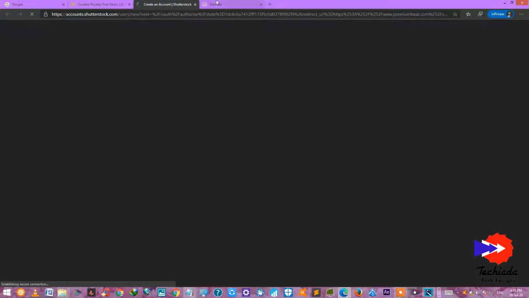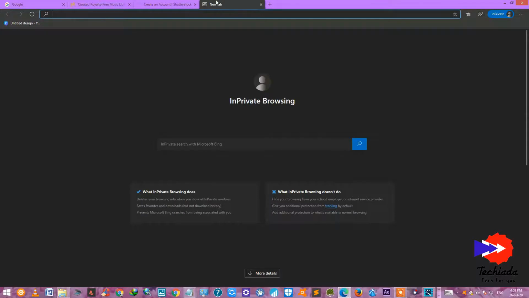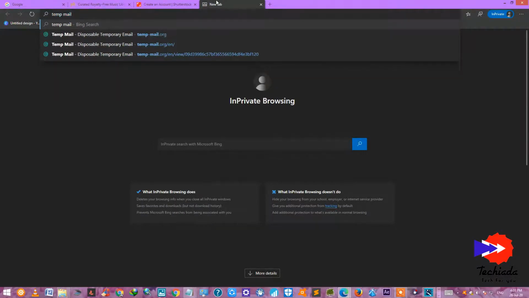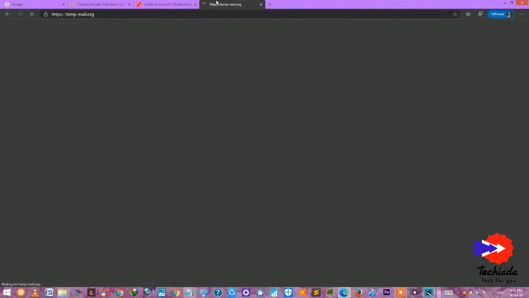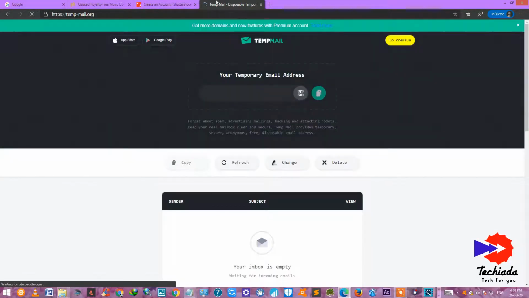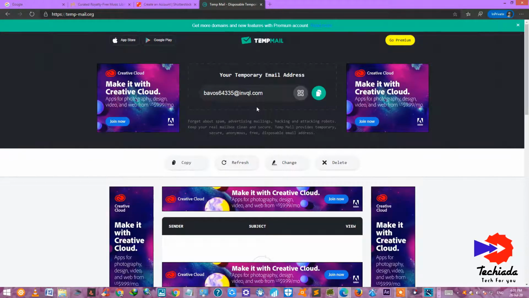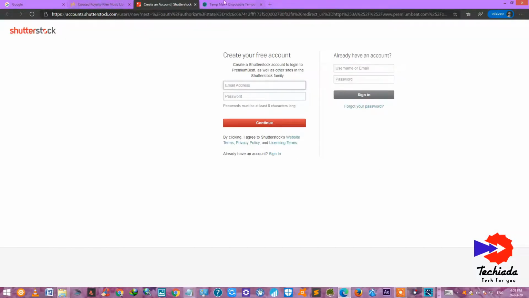So let it load. At that particular time, let's Google temporary mail ID. So this is the website, guys, temporarymail.org. I'll be putting down the link in the description below. You can check the description. It will auto generate a random mail ID. So what you must do is simply copy this option, copy to clipboard. You can copy that, and this has opened up.